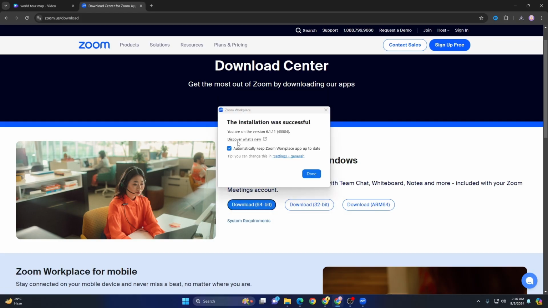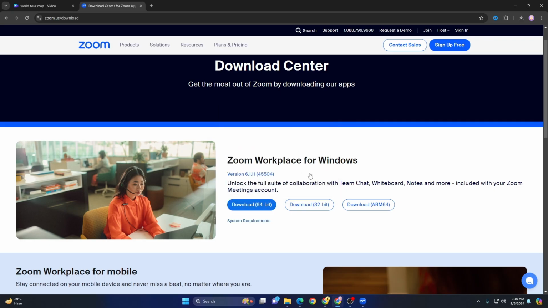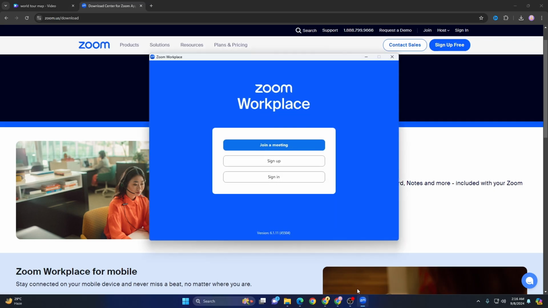Now it will ask you to allow this app to make changes, so just click on yes, and then it's installing, and our Zoom app successfully installed. Now click on done. Now if you open Zoom app, and then if you have already account, then click on